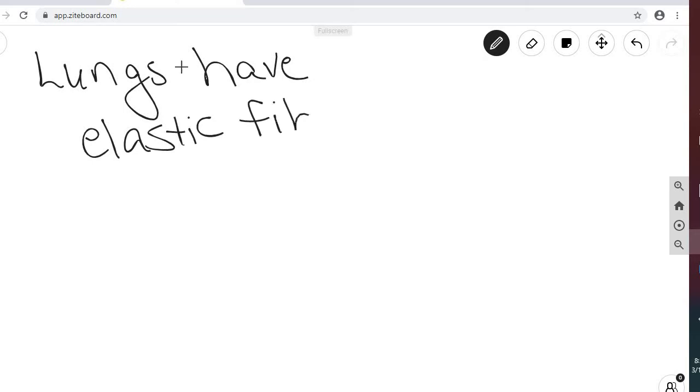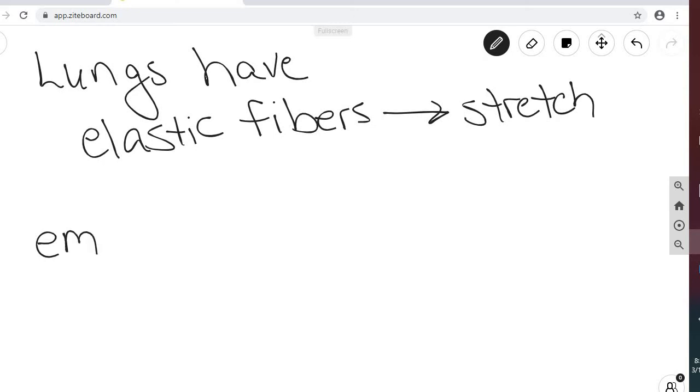Those elastic fibers allow the lungs to stretch, but then also return to their smaller size, and obviously that's going to help with ventilation. In individuals who have a condition called emphysema, maybe you've heard of that,